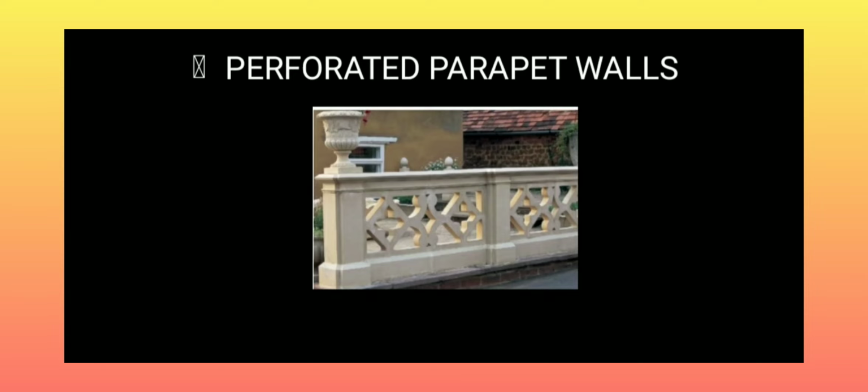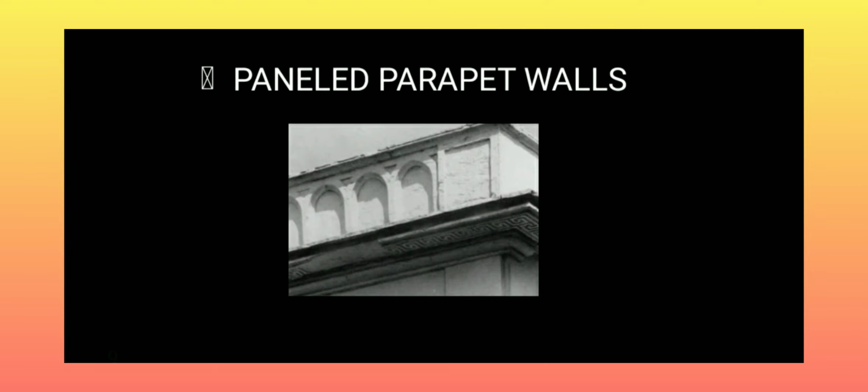The third type of parapet wall is the panelled parapet wall. It is similar to the plain parapet wall, but the only difference is that panelled parapets are arranged with a series of panel designs on the outside of the wall. The panels may be oblong or square, but no perforations are provided. It provides a beautiful appearance to the structure, but it does not cost much at the same time. The construction is also similarly easy.